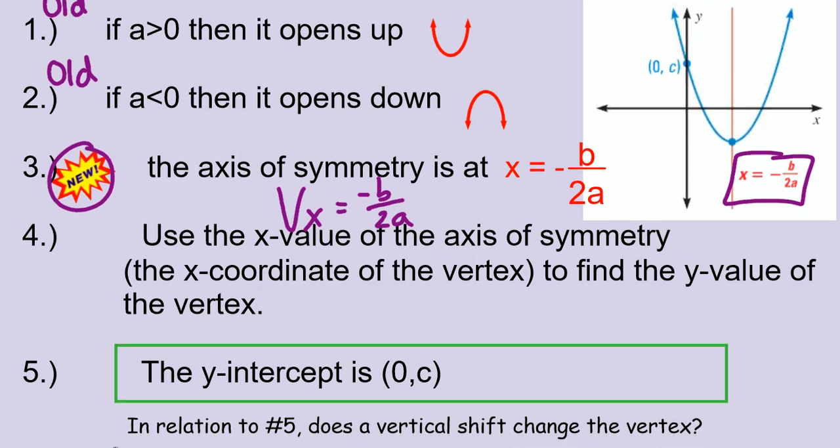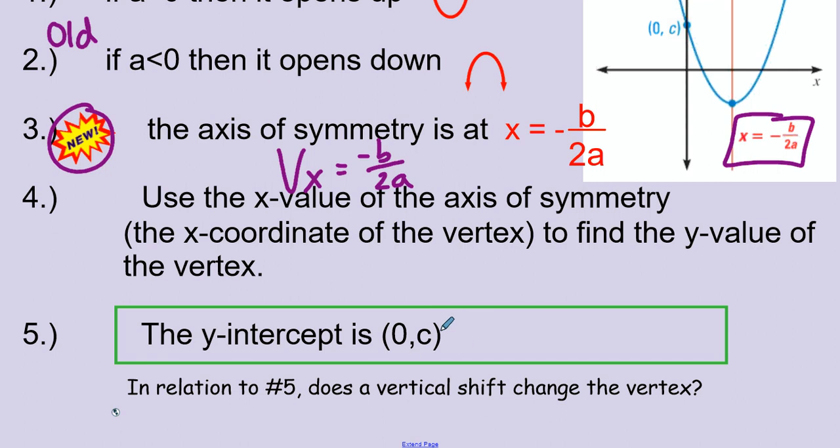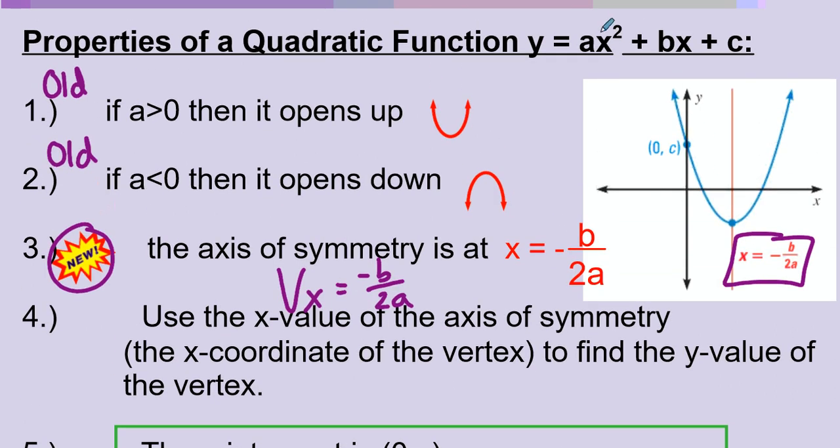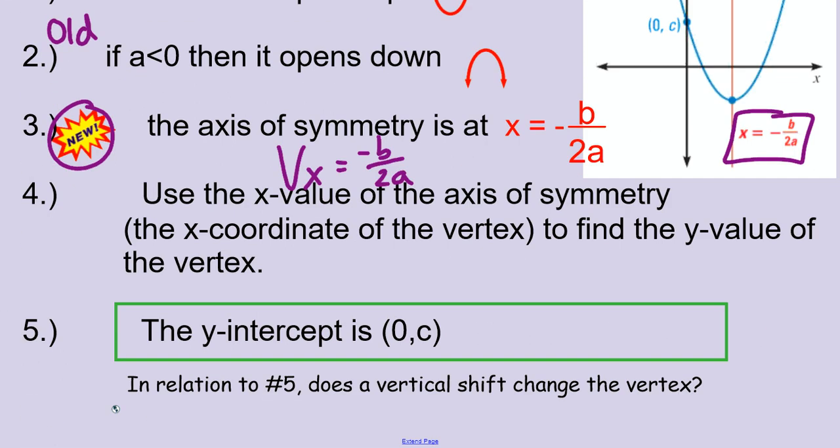And also, like always, the y-intercept for the graph will always be at 0, c. If I put 0 in for x, this will disappear, this will disappear. The only term left will be the constant c term, and I'm done. Just to show you that this -b over 2a for the vertex works whether it's factorable or not factorable, I'm